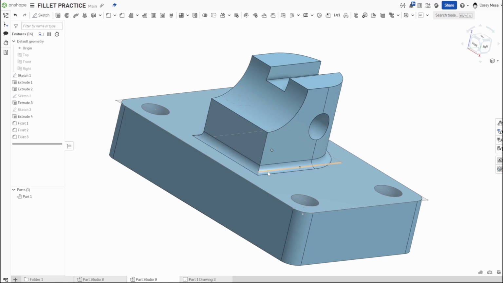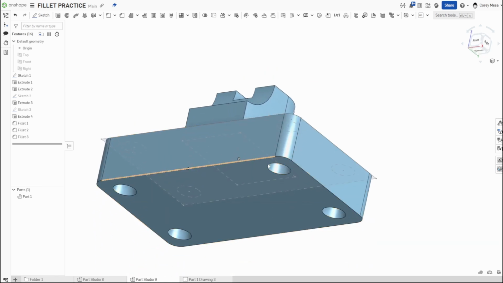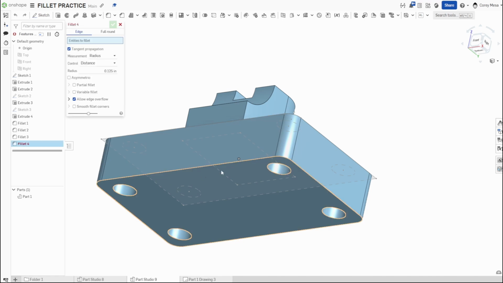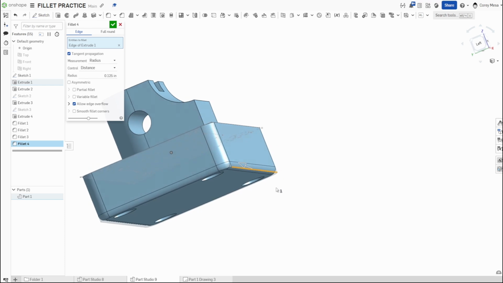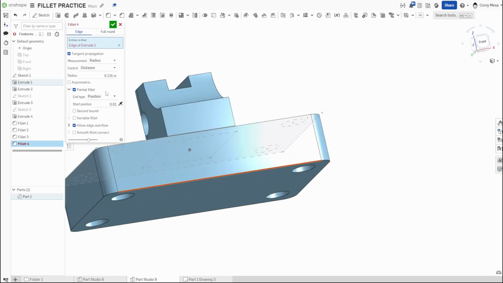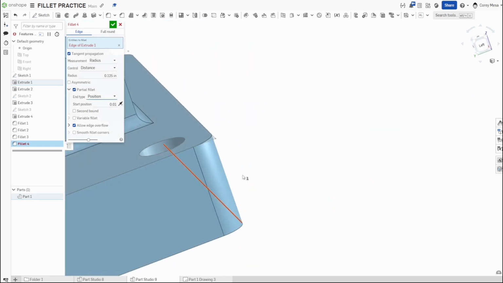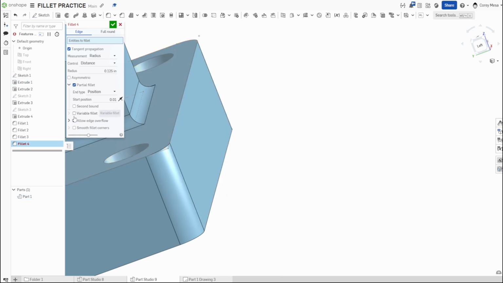Let's say this is used for something, maybe some stamping or something, and you're going to want to round this bottom edge, maybe to make it easier for your printer, or it's just the overall look you want. We'll do a fillet again. I'm going to click here, and you'll see it picks everything all the way around. If I do a partial fillet, I can have it do only part of it, if I want it asymmetrical,